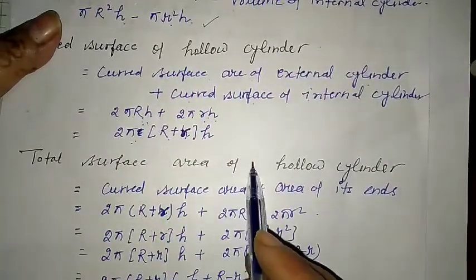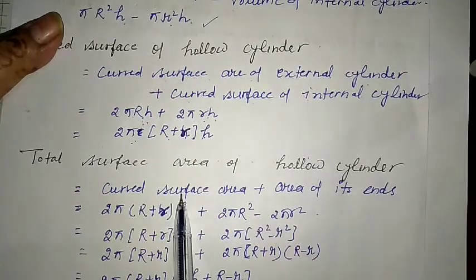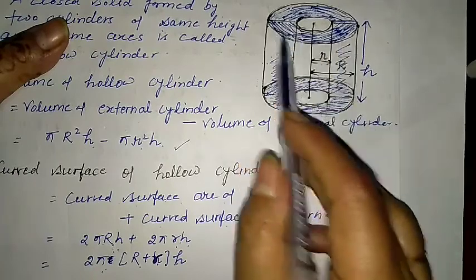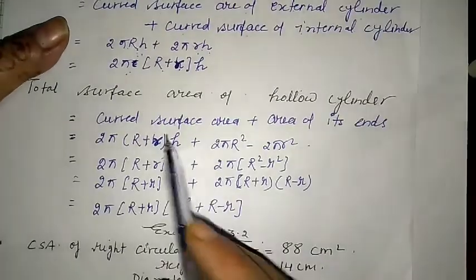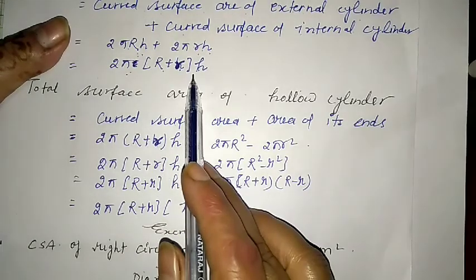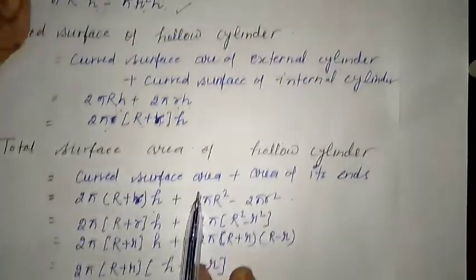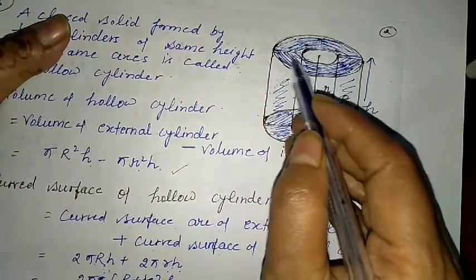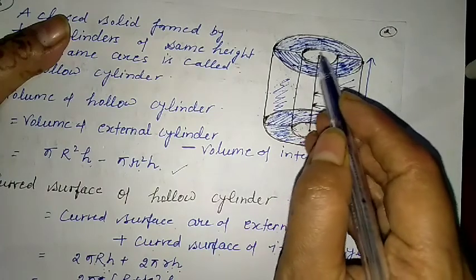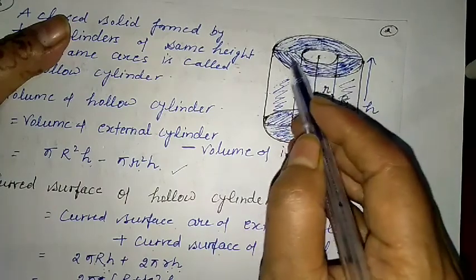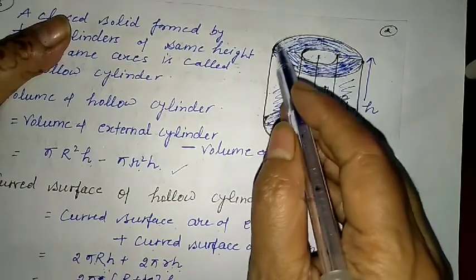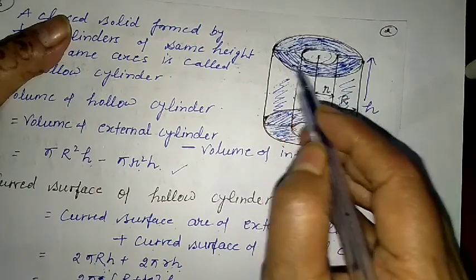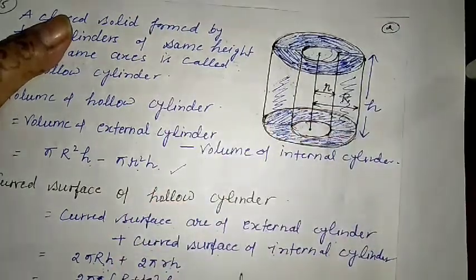Now the total surface area of the hollow cylinder, उसमें curved surface area तो आ गई, लेकिन साथ में दोनों ends का area भी आ जाएगा. This part ये भी हमारे पास आ जाएगा. तो हमारे पास आ गया 2 pi h R plus r. This is the curved surface area of the cylinder plus यहाँ हमारे पास आता है area of two ends, दोनों ends का area. एरिया कौन सा, ये जो colored है, सिर्फ इतना, ये वाला नहीं है क्योंकि ये hollow है, यहाँ कुछ है ही नहीं. तो this one, this part, तो outer circle का area minus inner circle का area. So this part we will get, यहाँ पर जो ring बना है उसका area हमारे पास आ जाएगा.